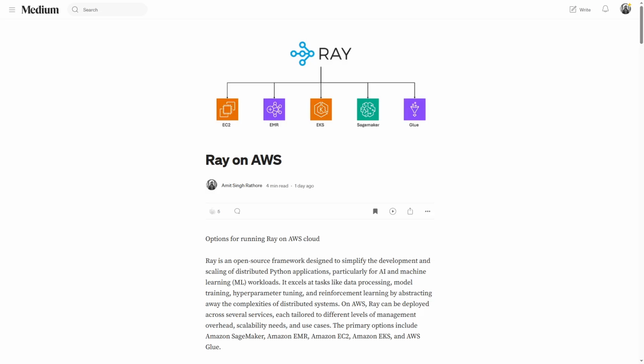This is part 4 of the video series that we are doing on Ray. So we have already seen what is Ray, how we can integrate Ray in Spark, and we also understood Ray from a Spark developer's point of view. In this last video on this series, I will be discussing the options that we have of running Ray